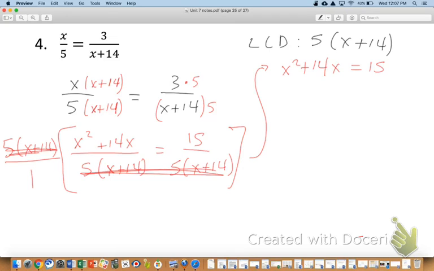Quadratic formula or factoring. Either way, what we need to do, guys behind me, just be quiet. I'm sure it's really funny,